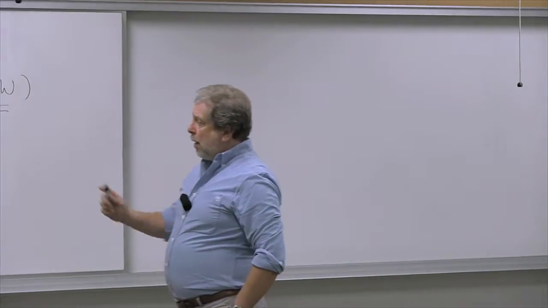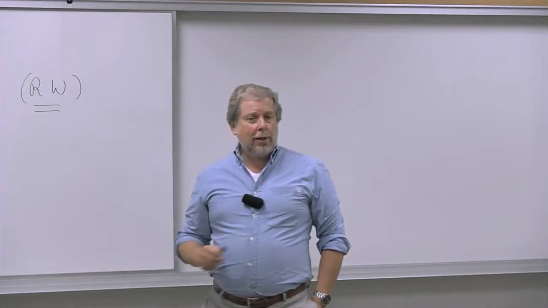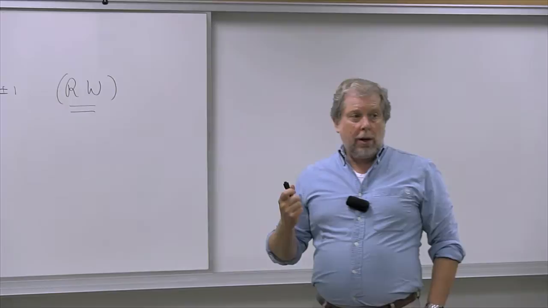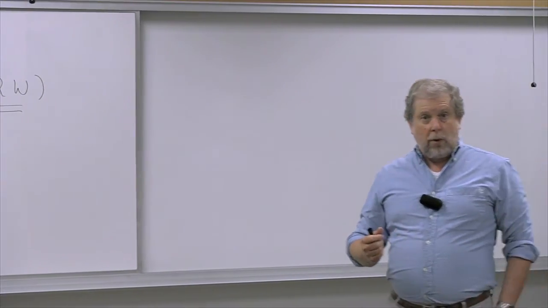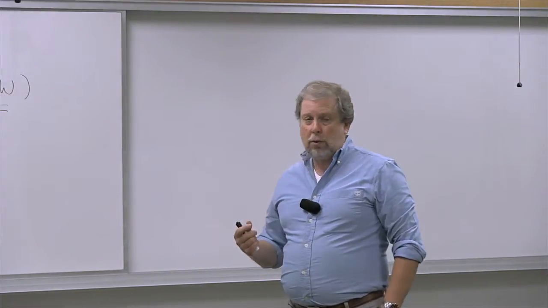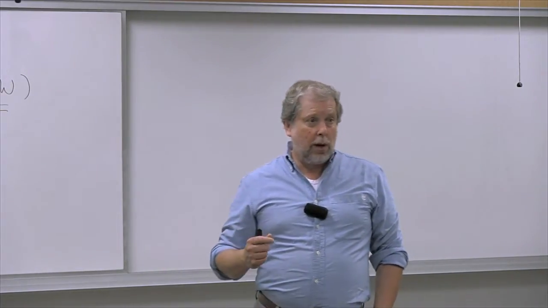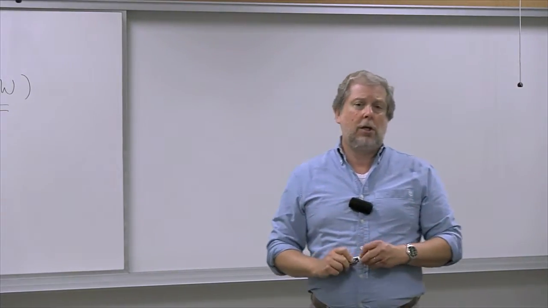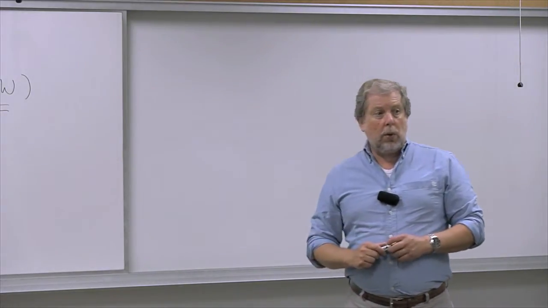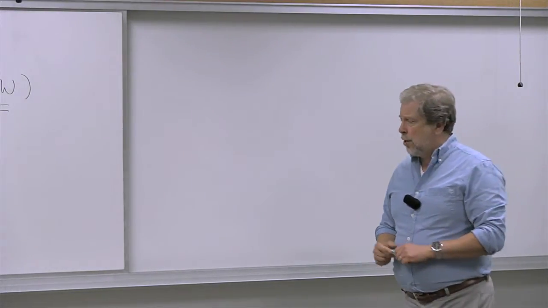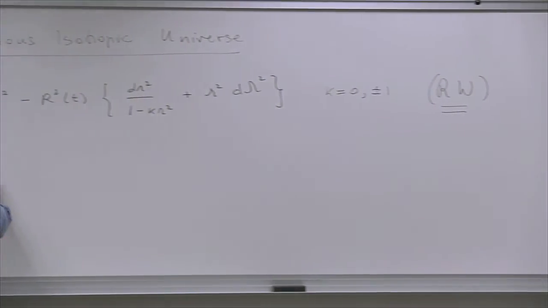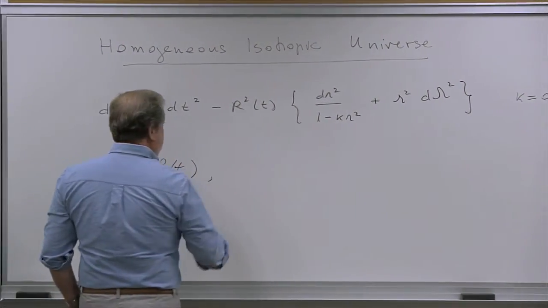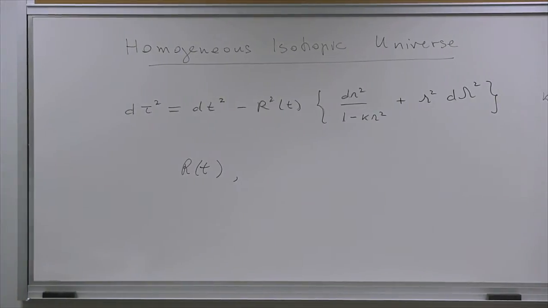And it is parameterized essentially by the scale factor. And there is this additional parameter k, right, which you remember, for a closed universe, k is equal to 1. For an open one it is -1. And for the so-called flat universe, k is equal to 0. So k is just an integer, right? And so we have functions R of t. And as we discussed in the last lecture,